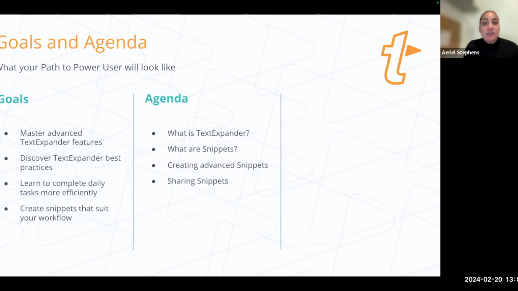So to make the most out of our time today, I also encourage you to open up your TextExpander desktop app, and you can follow along, especially if you're the type of person who learns by doing. And you can also open up a blank Google Doc, maybe a notepad, if you want to see the snippet expansion in action, or since you likely have access to an EMR and I don't, you can even open up a blank note in your EMR if you want to practice some of this stuff and expand it there.